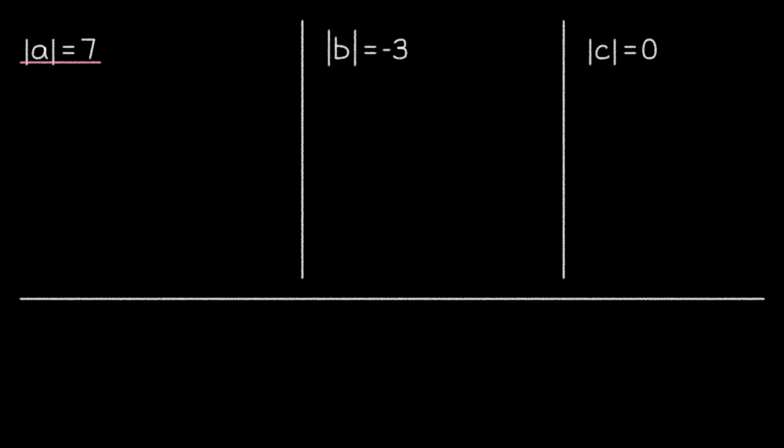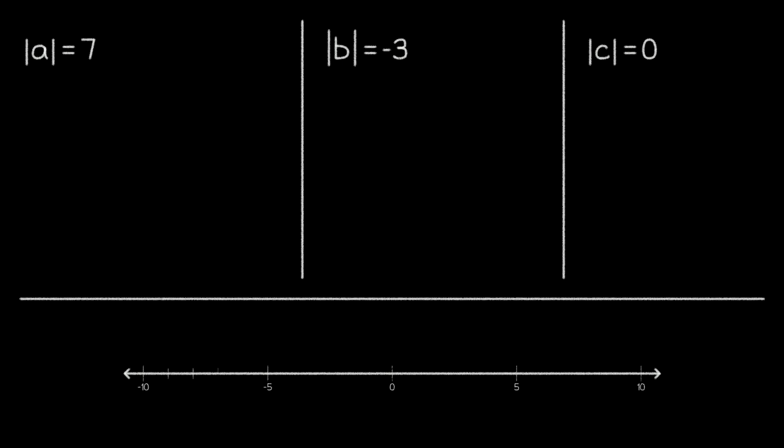This equation is asking the question, the absolute value of what number equals 7? Based on the definition of the absolute value, another way we could phrase that question is, what number is 7 units away from 0? Well, the answer to these questions might seem rather obvious to some of you. It's 7, right? Well, in a sense, yes. The absolute value of 7 is 7, so 7 is a perfectly valid value for A.